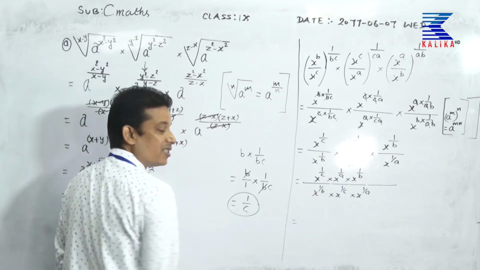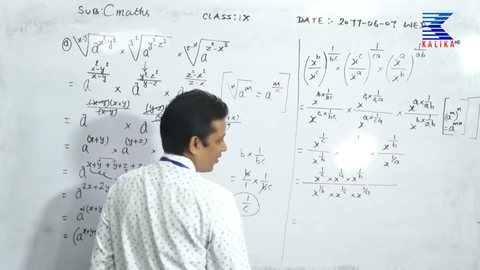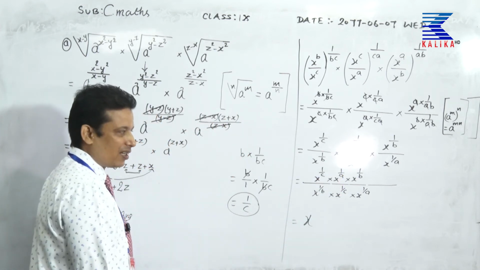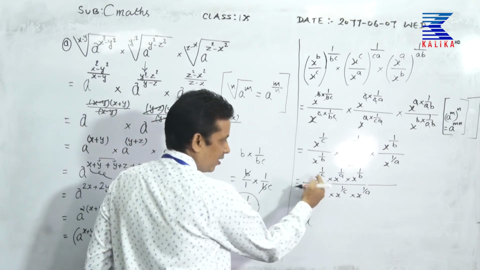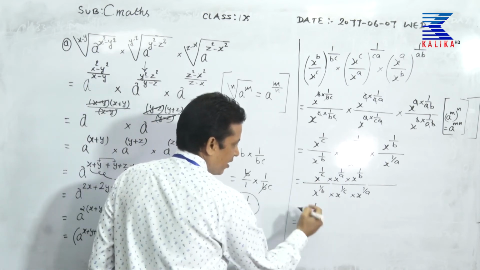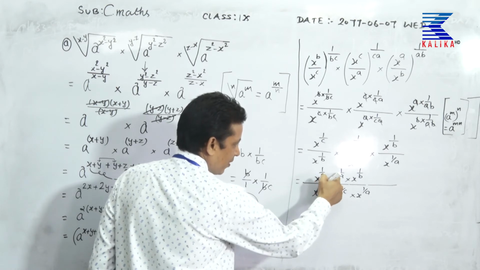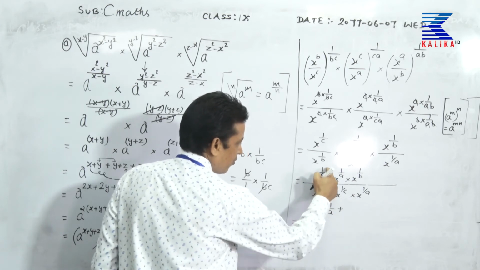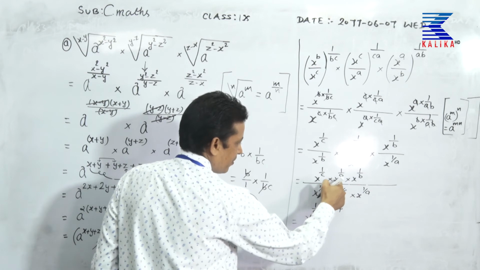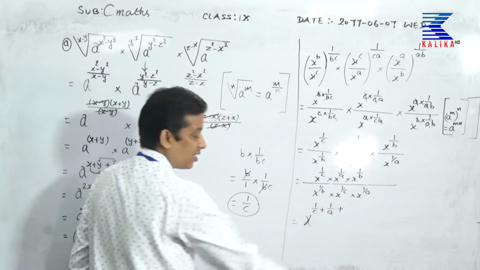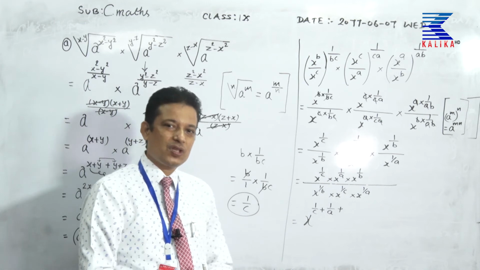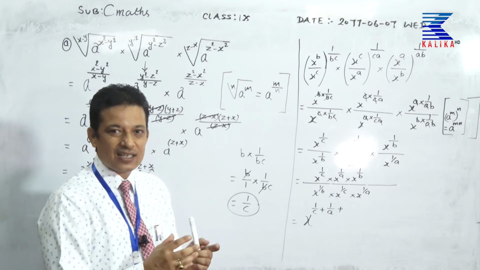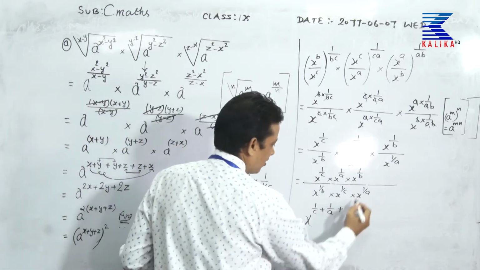Base is x, base is x, all bases are x. You know, actually if you write one single x, then we can operate the powers: this is x to the power 1 by c and x to the power 1 by c into x to the power 1 by a. So, these two powers should be added, plus x to the power 1 by c, base is x, x to the power 1 by a, base is x, x to the power 1 by b, base is x. Base is same and operation between the terms is multiplication, and then according to the laws of indices we add the powers. So, let me add all three powers like this.